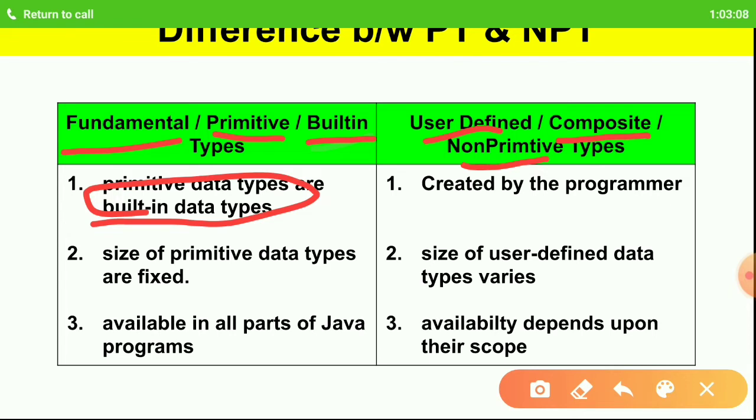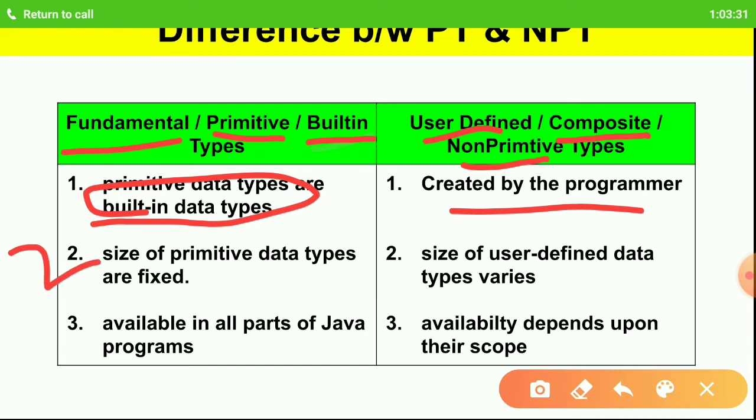Next, the user defined type is created by the programmer. Built-in is already existing in the programming language, whereas this non-primitive type is created by the programmer.